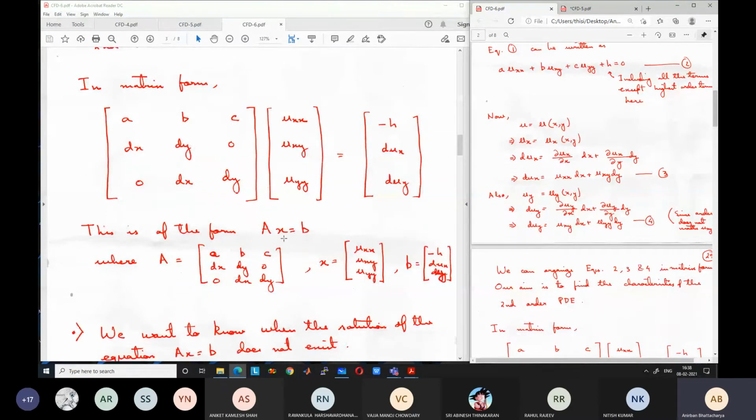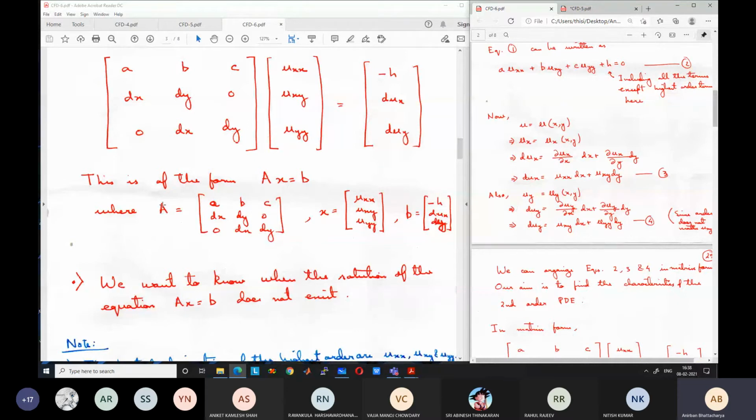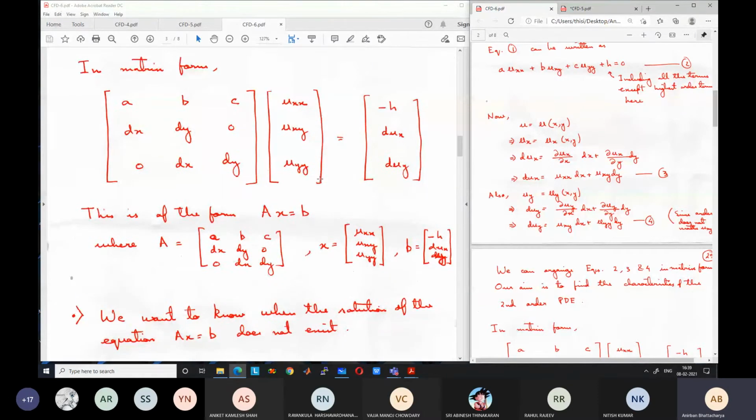Okay, so what is the solution of this equation? How do you find X from this equation? Or how do you find uxx, uxy, and uyy from this matrix arrangement? X is uxx, uxy, uyy, right? So if I find the value of X, I will find the value of the three elements of this vector. So how will I find the value of X? This you have learned even in 11th, 12th, just simple linear algebra.